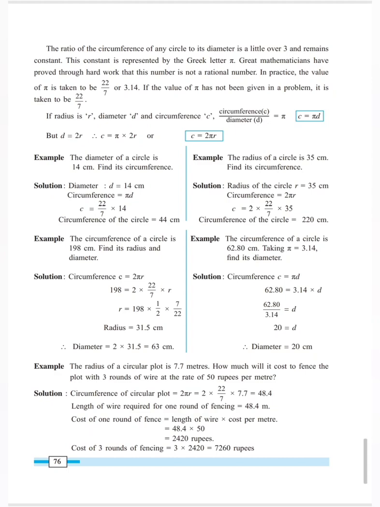So the length of wire multiplied by cost per meter is equal to 48.4 multiplied by 50 is equal to 2420 rupees. Again, we want it 3 times fencing, 3 times the wire. Therefore, 3 multiplied by 2420 is equal to 7260 rupees. So, your final amount is